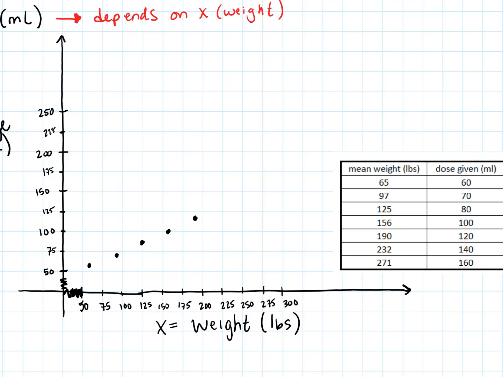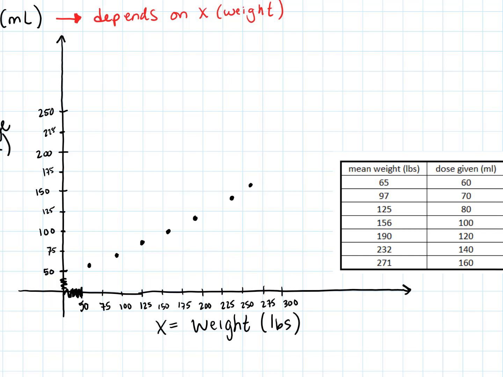232, so 232 and 140 would be about here. Getting that plotted, and 271, so 271 and 160 would be right about, probably about there, okay? Once we've got all of the data graphed, we can see here that there's a definite clear linear